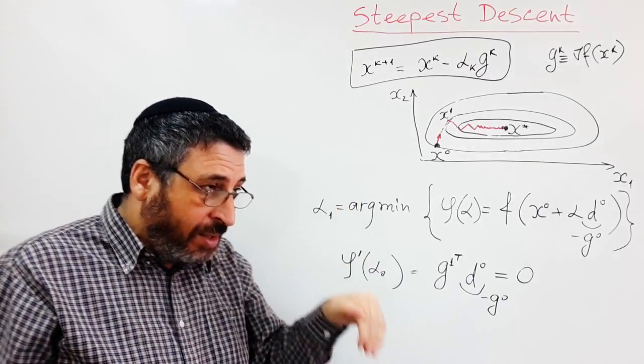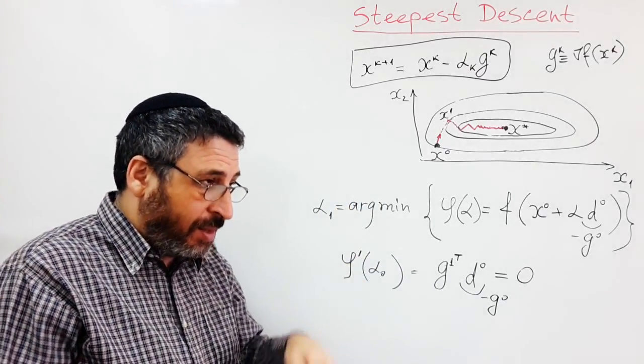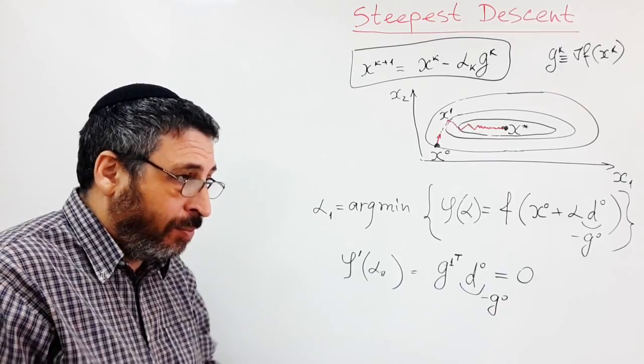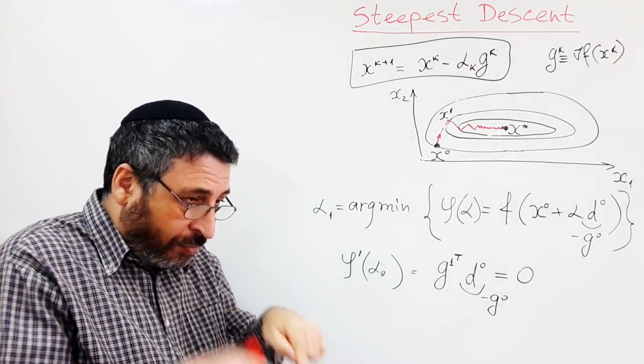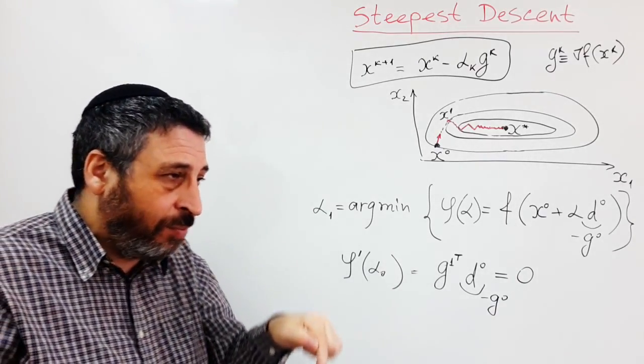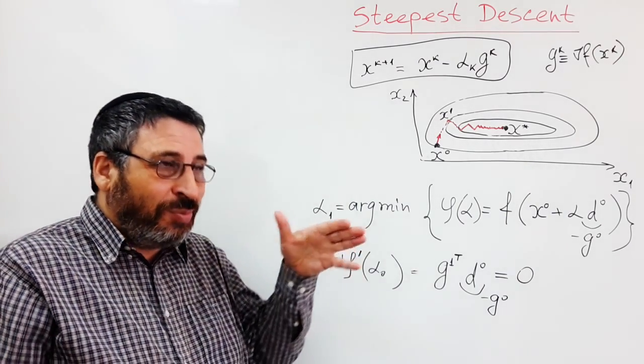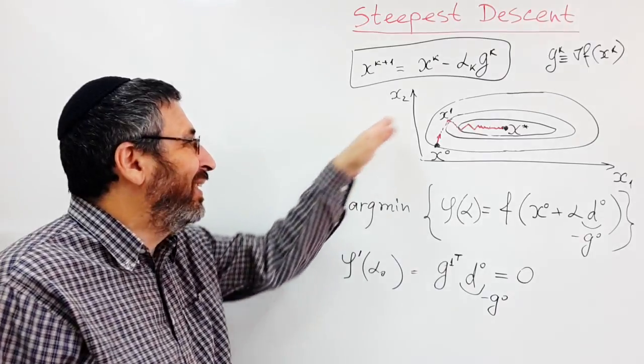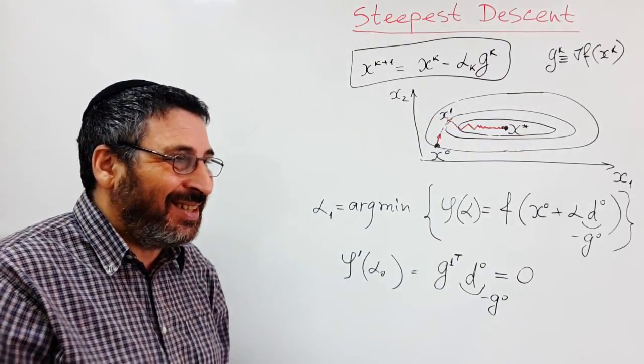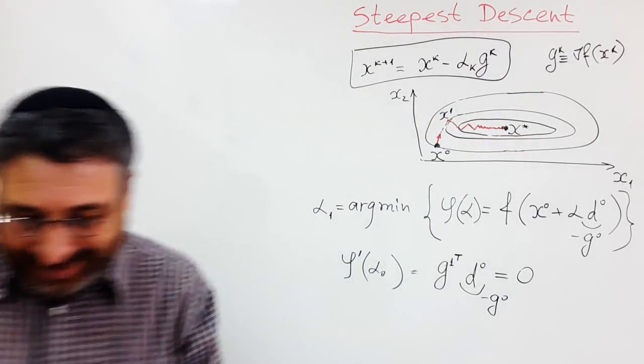It's known that the gradient direction is the direction of steepest descent, and that's why the name of the method. So it's the direction of fastest decrease of the function at a given point. Seemingly it should be the fastest method, but we will illustrate that it's not so in general.